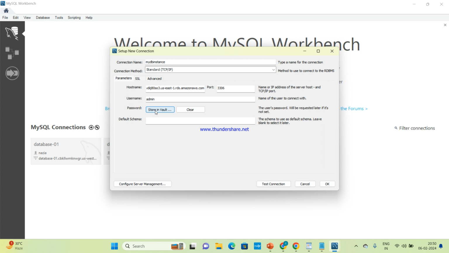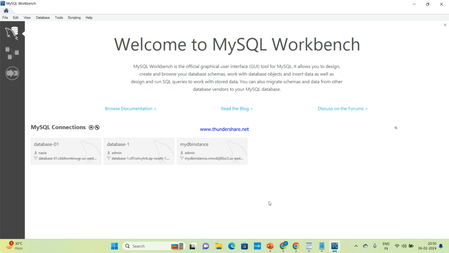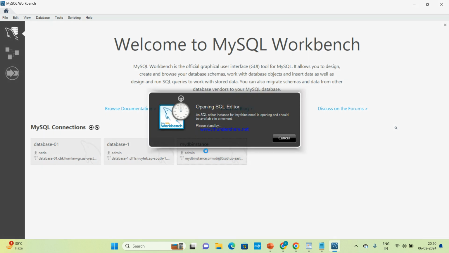When you click password, it will pop up a box where you need to paste your password. Then test connections. OK. Then select OK. When you select OK, can you see here a box of my connection, my DB instance? Yes? Click. When you click, you will be automatically connected to SQL